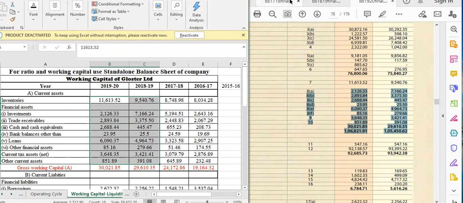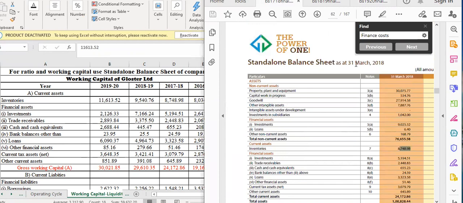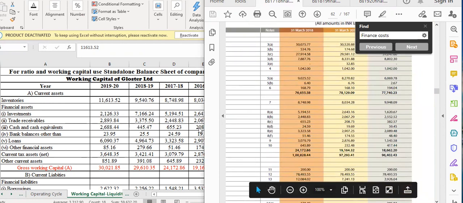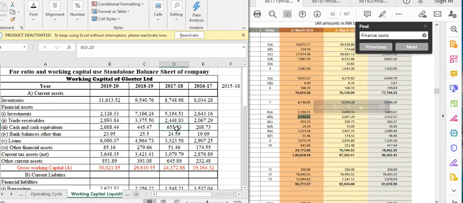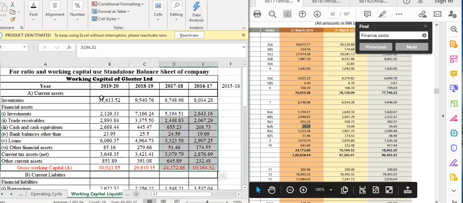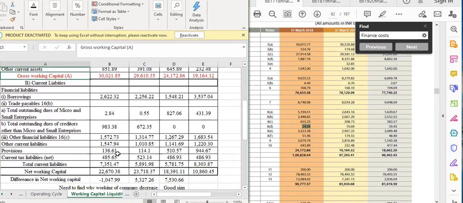In this way you have to take it from your last year's data also. This is the 2018 balance sheet, and from the 2018 balance sheet also I have copied the same. You can see this is 851.24, 4683.65, 523.24.59. In the same way, you have to copy the current assets from all the balance sheets, and the name given for the total current assets should be gross working capital. Done. Next part of our working capital is what?